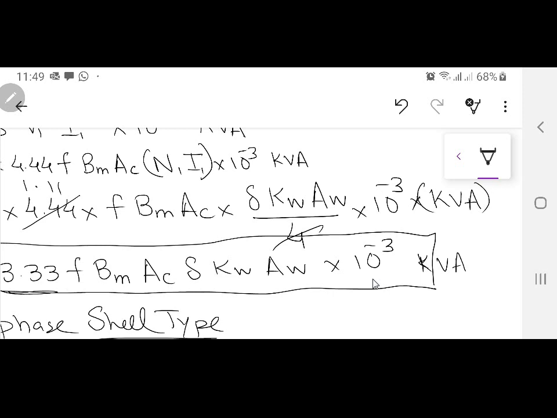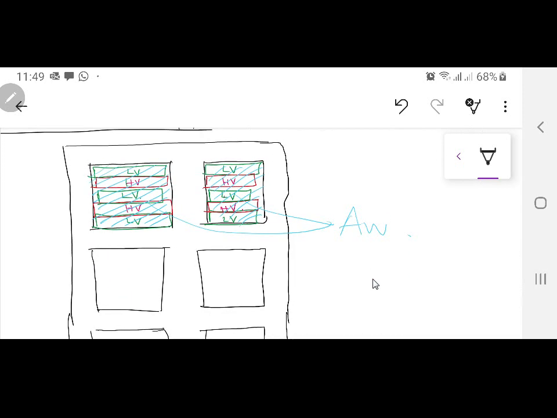But if you see in a shell type, the windings are jam-packed. There is no cooling mechanism involved over there. So, three-phase shell type transformers are better suited to run for only 5 or 6 hours. A power transformer that is connected with the grid, maybe a power plant, Tarbela, Mangla, or any other power plant over